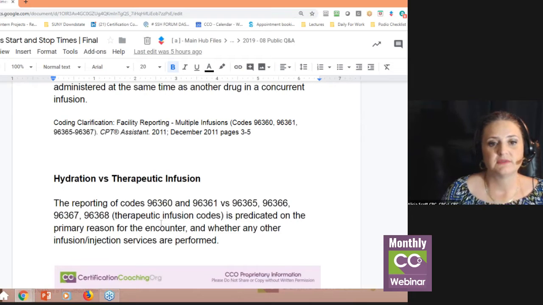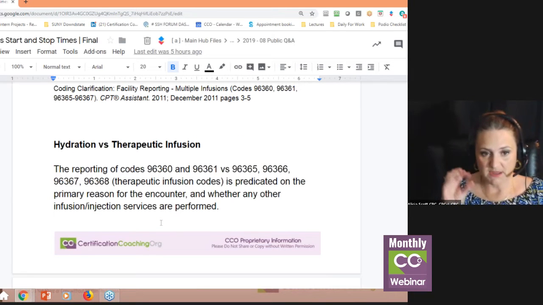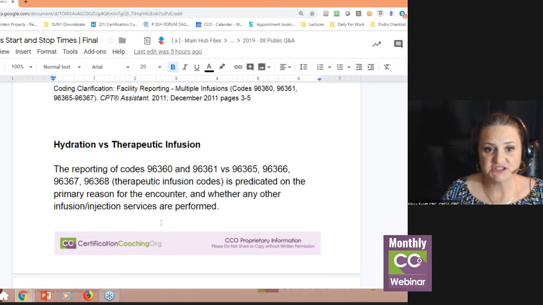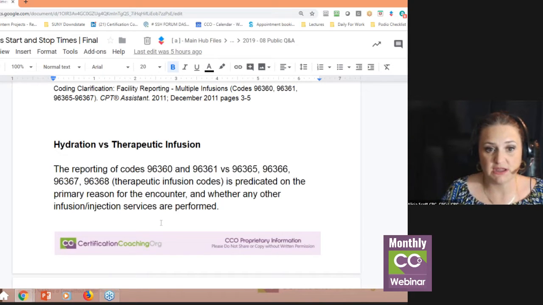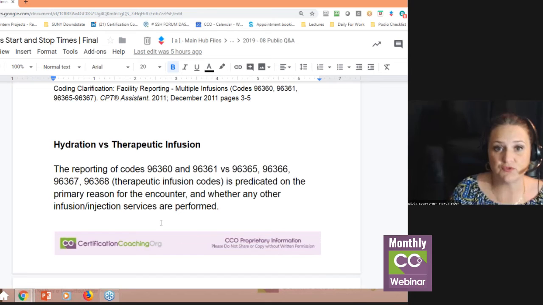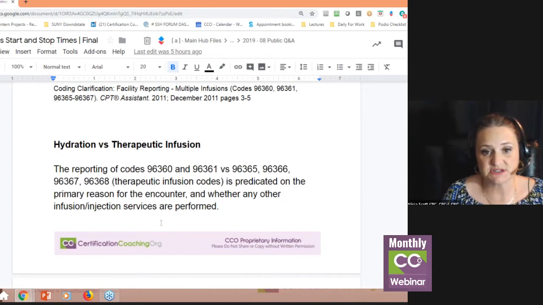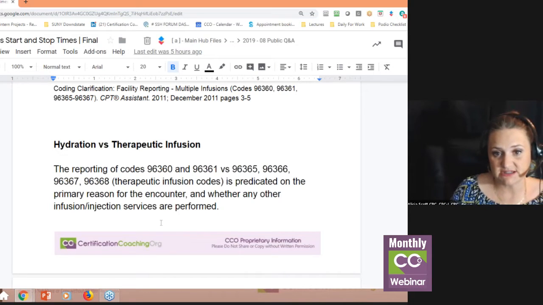Now, the first thing, let's back up. Hydration versus therapeutic infusion. Okay, if we're just hydrating the patient, there are some codes that we use for that, versus, hey, we're doing something therapeutically for the patient. And then this CPT Assistant said you've got to understand that before you can move forward. So our codes for that are going to be 96360 and 96361